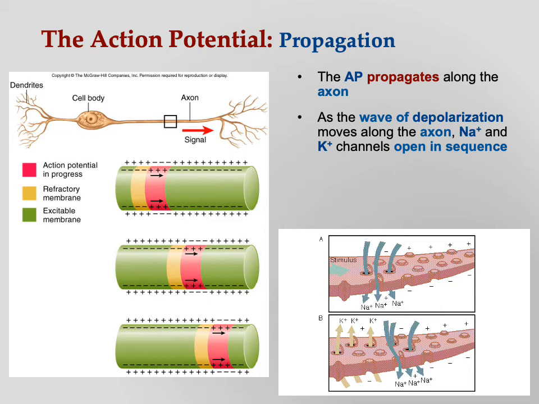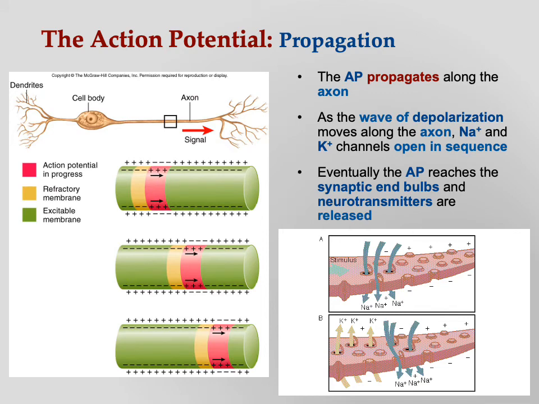As each voltage-gated sodium channel opens, it lets sodium in, which then depolarizes the next part of the membrane, which then opens those voltage-gated sodium channels. And that's going to keep going and keep going until what? Until we get all the way to the end, where we then finally release the neurotransmitter, okay? So that's the positive feedback loop. That's called propagation. You can see that in the bottom right. As the sodium comes through, it depolarizes the next segment of the membrane, and then that just keeps propagating itself